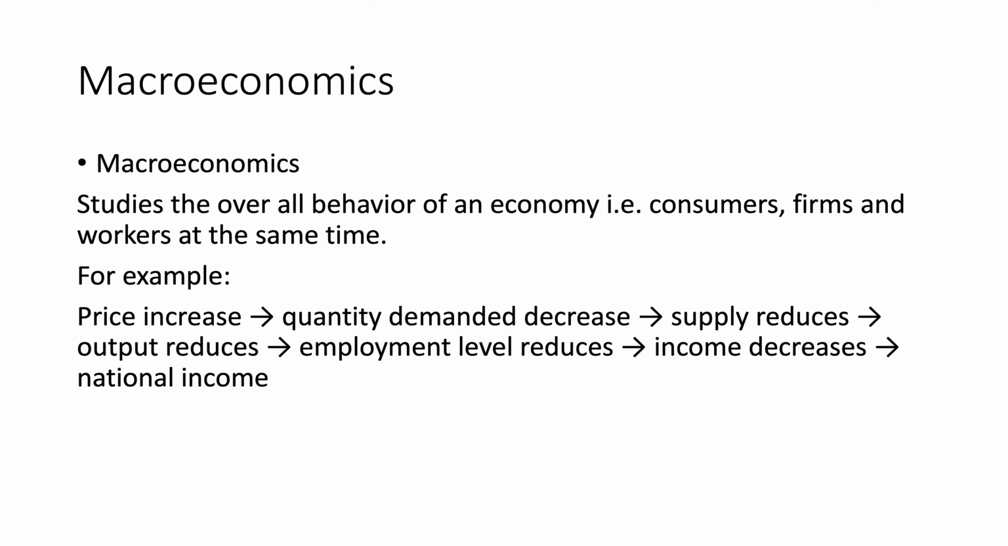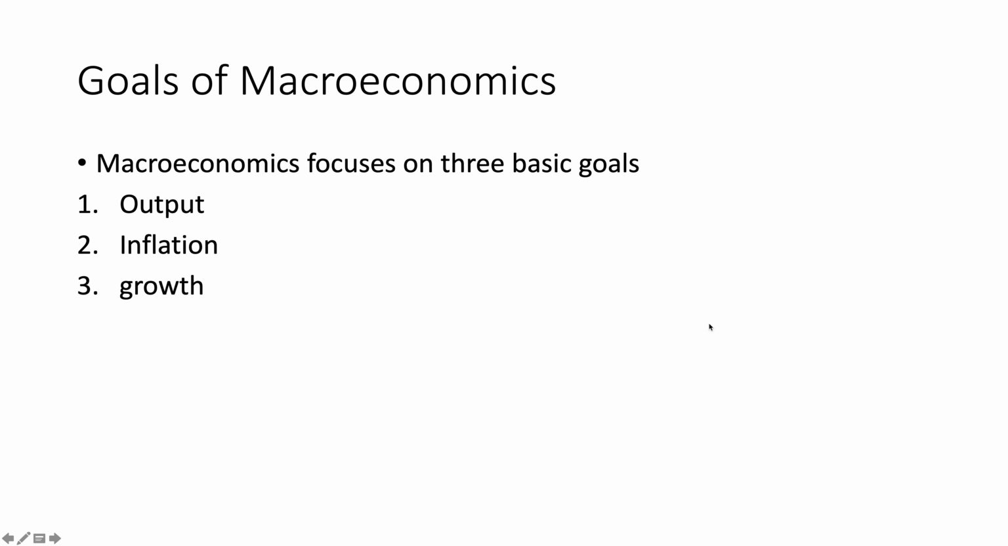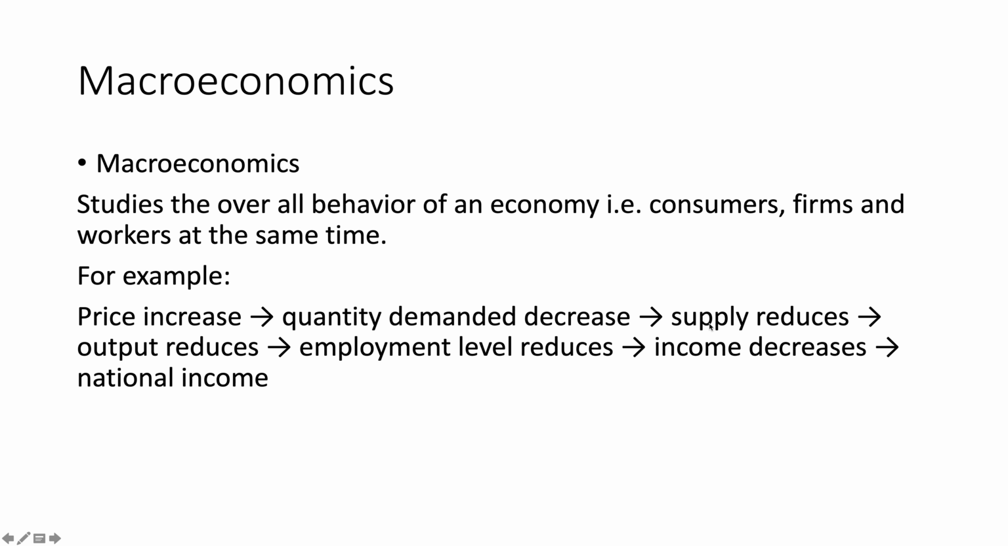For example, when the price increases, quantity demanded decreases. Up till now, we are restricting our study to this behavior: higher price, lower quantity demanded, law of demand. But we do want to know that when the demand decreases, how it can affect all other interrelated variables. So when the quantity demanded reduces, supply is going to be reduced as well,